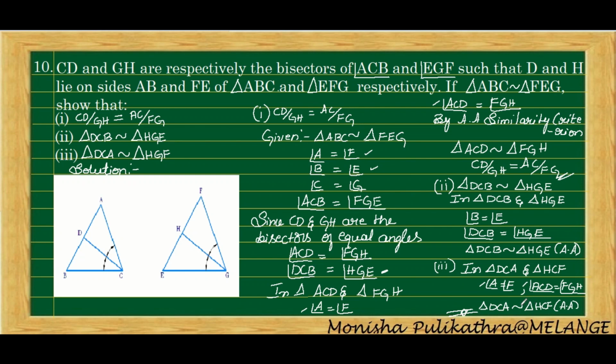You just have to go through step by step. In order to prove the first case, they have already given that the two whole triangles are equal, so you need to take half by half triangles. In the first half triangles, two angles are equal, and since two angles are equal to each other, by AA similarity criterion, the first case can be proved. For the second case, to prove DCB and HGE, again we have to prove two angles. If two angles are equal, by AA similarity criterion we can prove each and every step, first, second and third, only by AA similarity criterion.